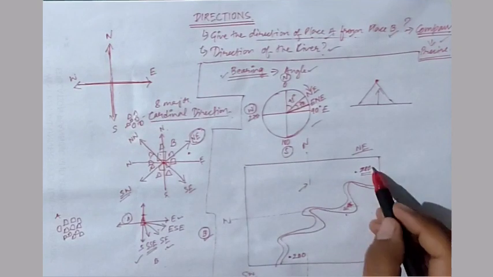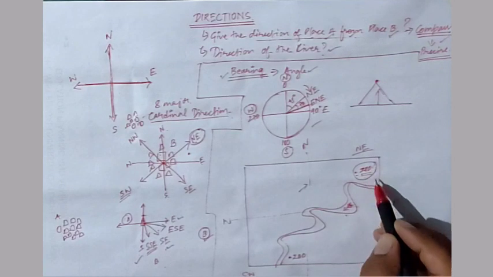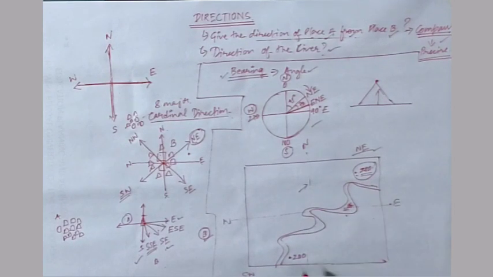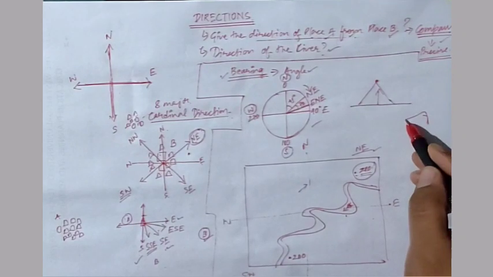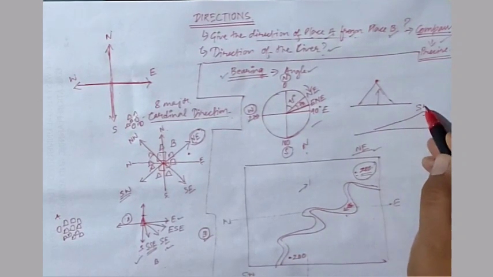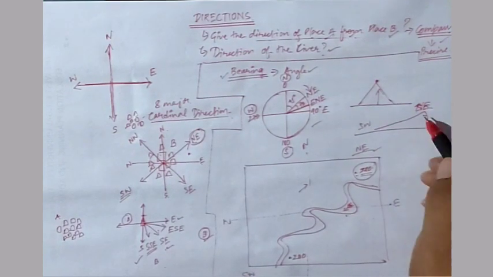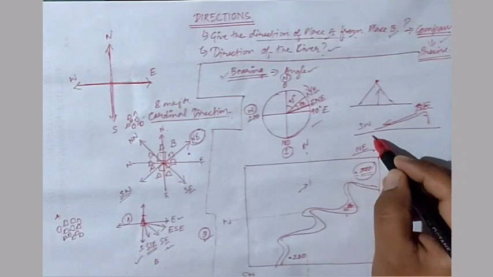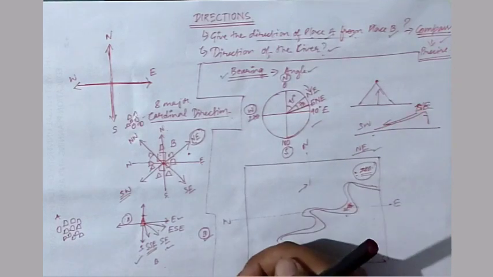So you need to look for those spot heights along the side of the rivers. Here, as I have drawn, the higher spot height 280 is present in the northeast direction, and the lower spot height 260 is present in the southwest direction. So that means the elevation of this map is from northeast to southwest. Rivers will always flow from higher elevation to lower elevation, isn't it? So the direction of the river is from northeast to southwest.